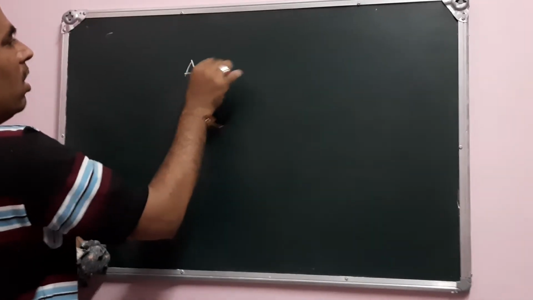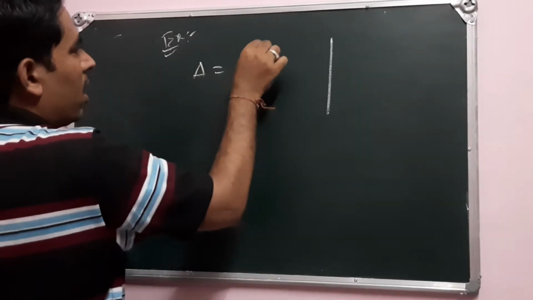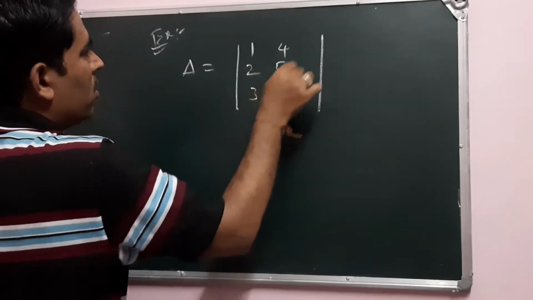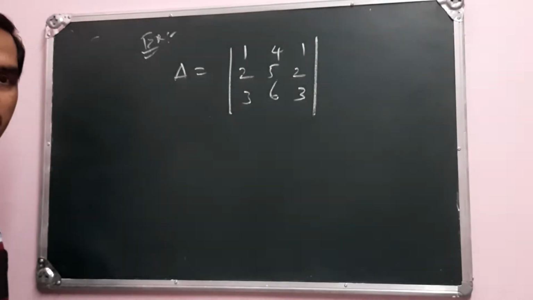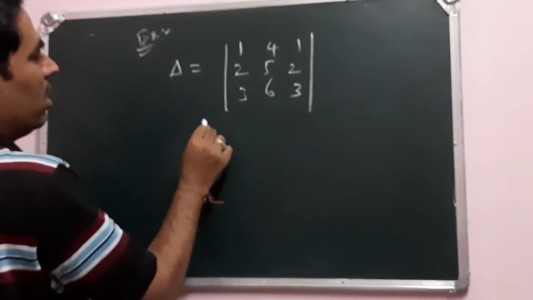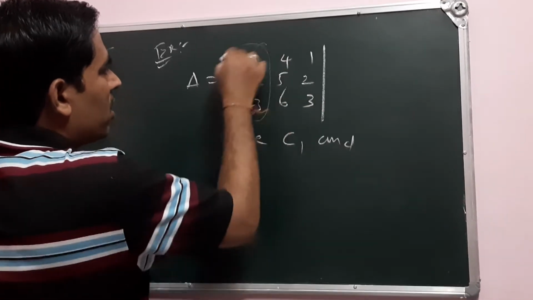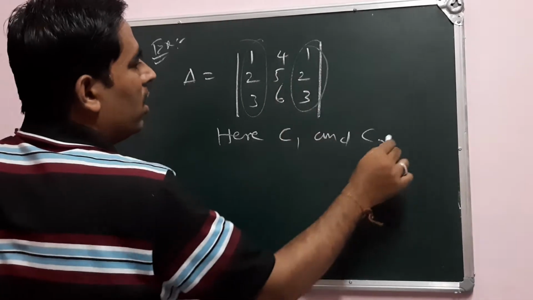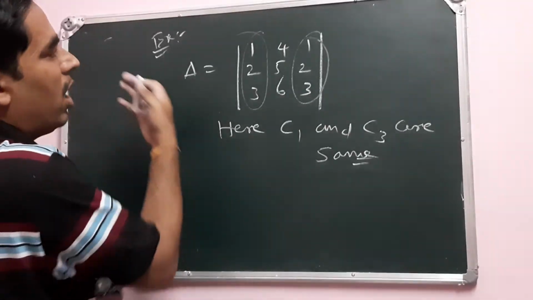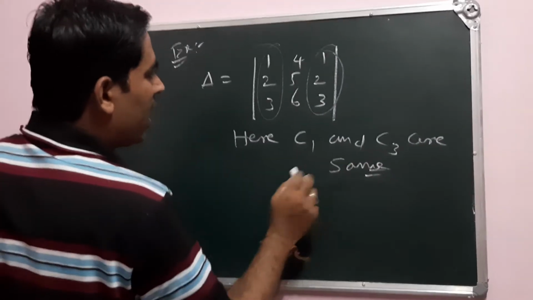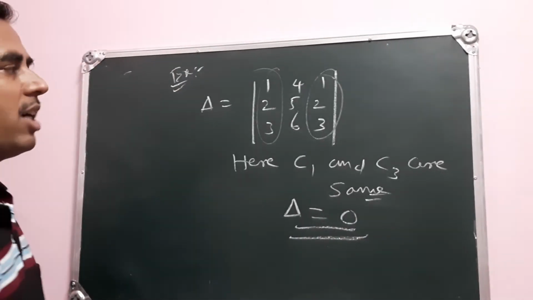See, if I write another, say, let's take another example here. See, if I write this, then I will ask the question here, what is the value of the determinant? So one can easily say that we need not expand here. Here, this is the first column and this third column, they are identical or same. So according to this third property, C1 and C3 are same. So value of this determinant will be what? 0. So we can verify it by expanding this.